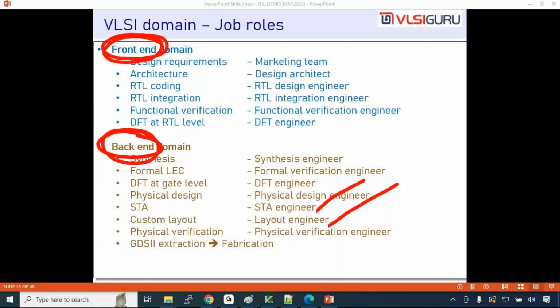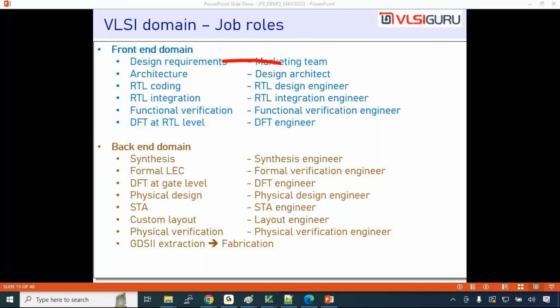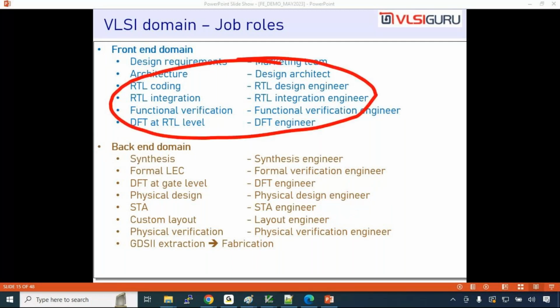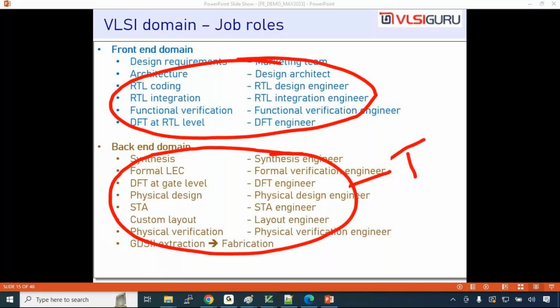Whereas here, these are all mostly programming intensive jobs. These are mostly tool and technology oriented. What is meant by technology is we need to know what is